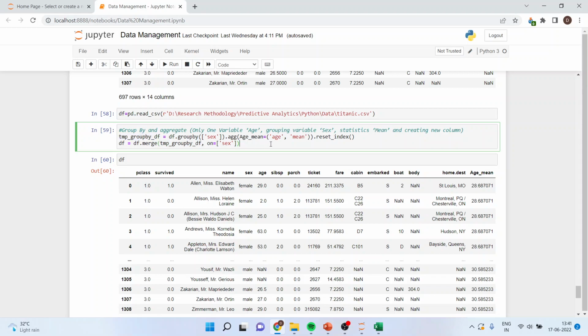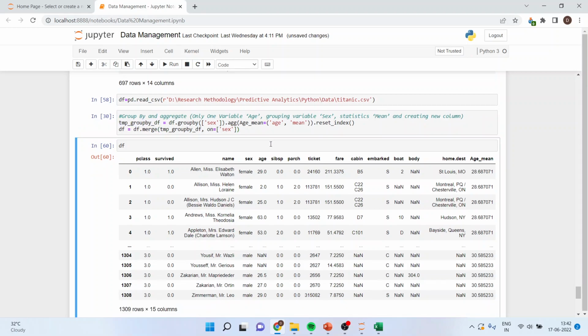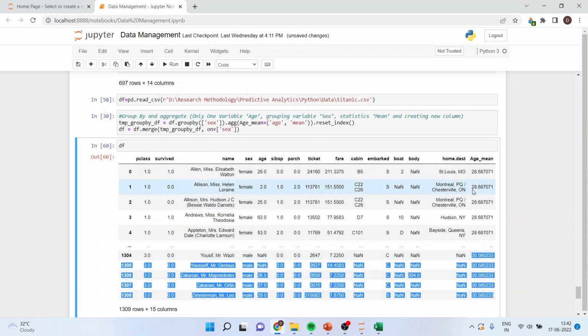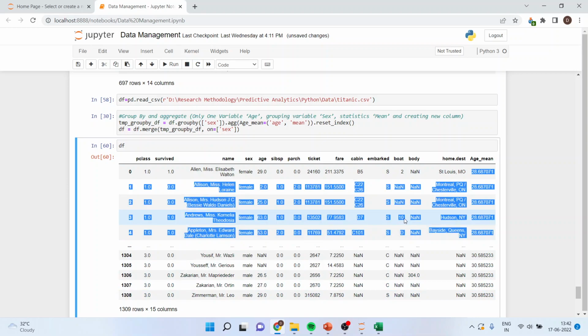And what is the output which we get? Let's see. I'll get a variable with age mean. Now you see here, the grouping is done according to the gender, female and male. And therefore the mean age of male will be same, see, and mean age of female will be same, because